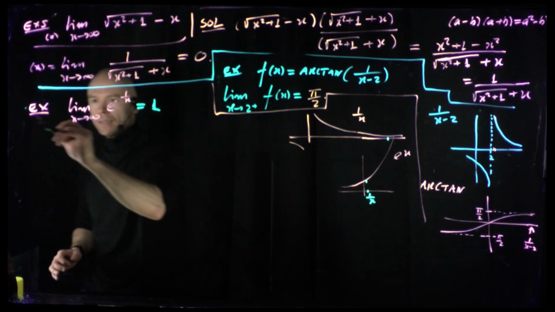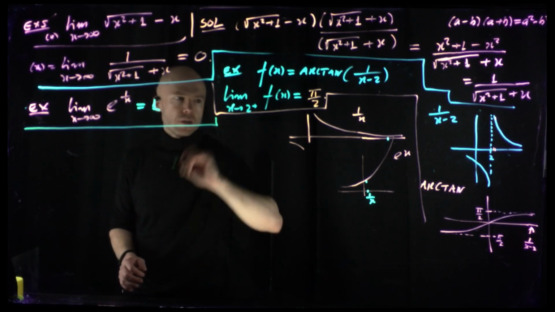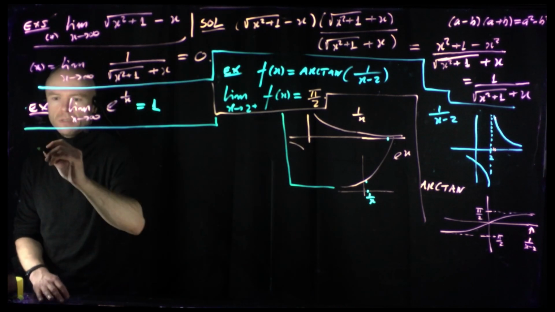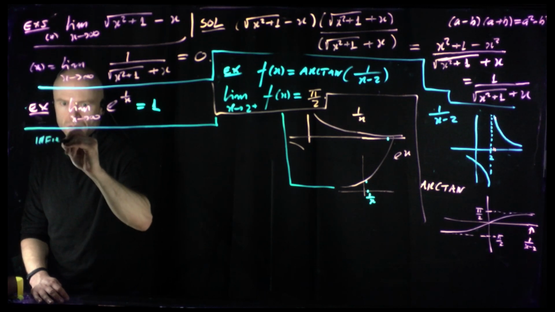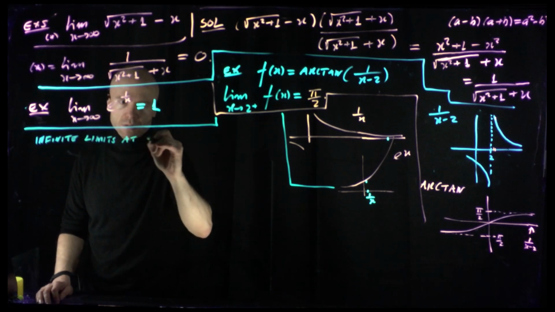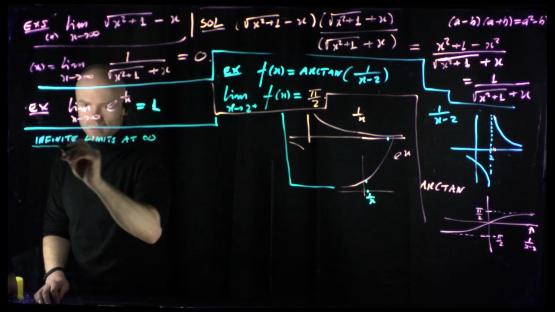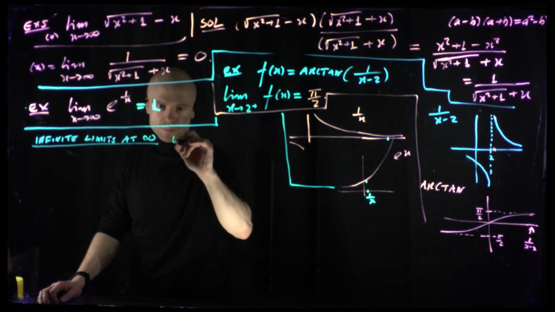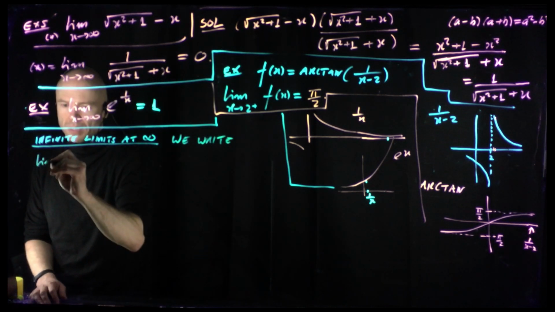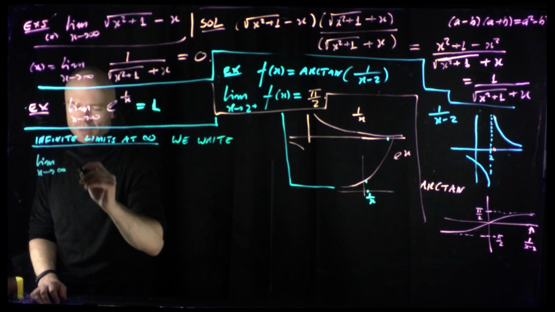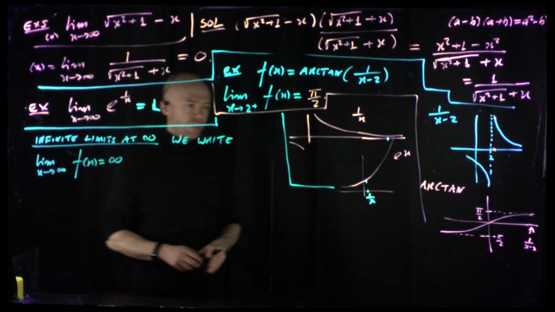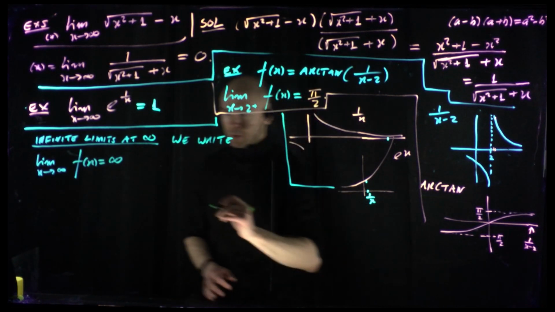All right, cool. Now we have a final concept to discuss, and that's infinite limits at infinity. So we write the limit as x tends to infinity, f of x is equal to infinity. And what do we mean by that? We mean the following. So let me write in words. Means